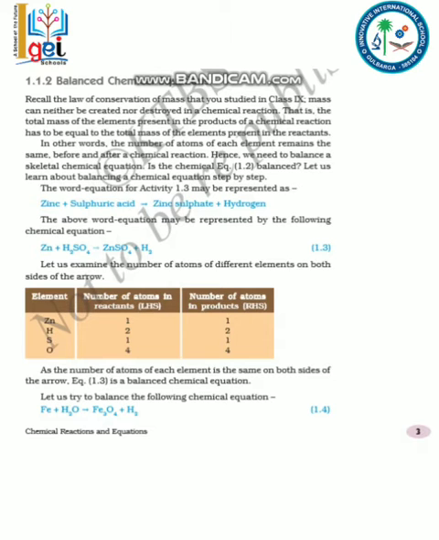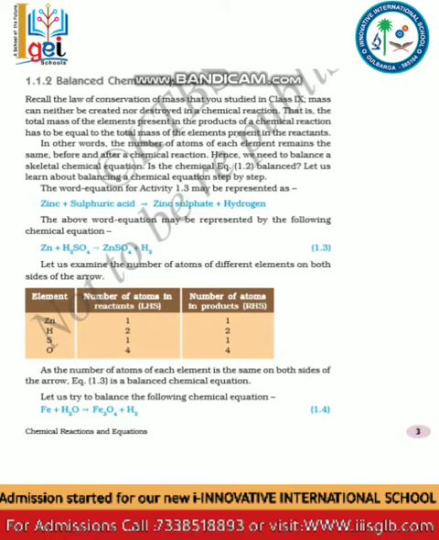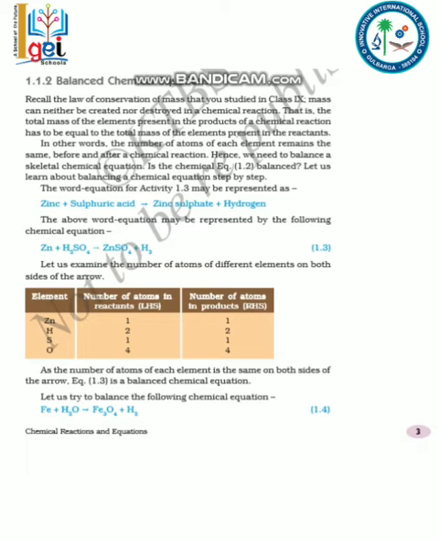For example, the mass of water. In water we have two atoms of hydrogen and one atom of oxygen. So the mass of water is 3, because 2 atoms of hydrogen plus 1 atom of oxygen, 2 plus 1 is 3. Likewise, in every element, the number of atoms indicates the mass of that element.